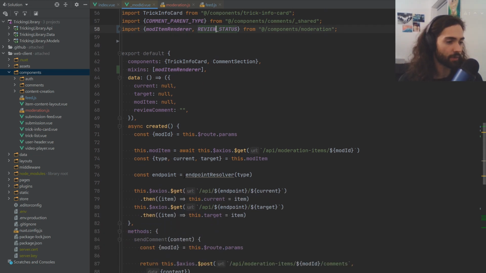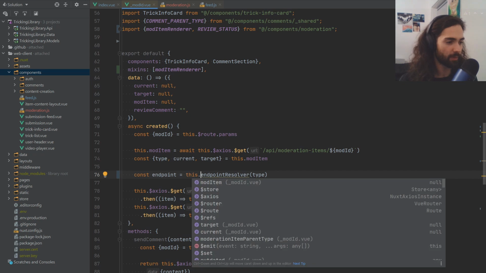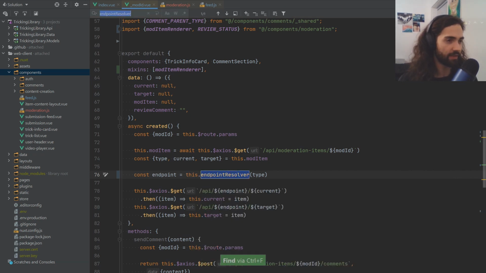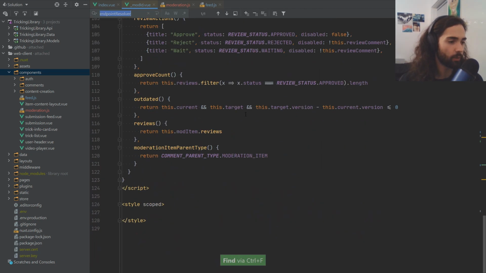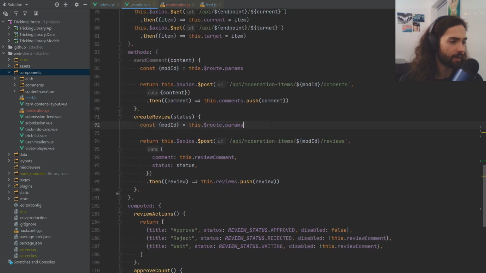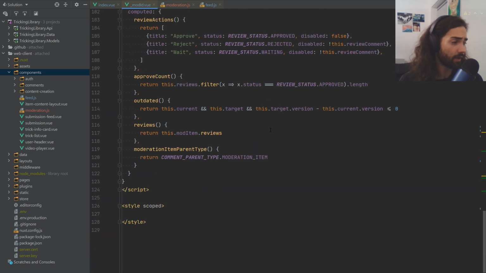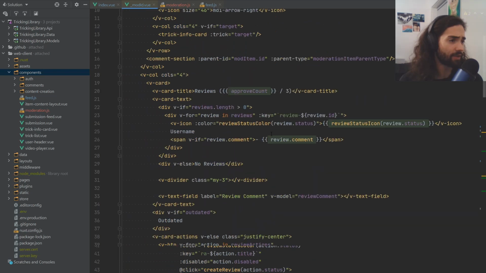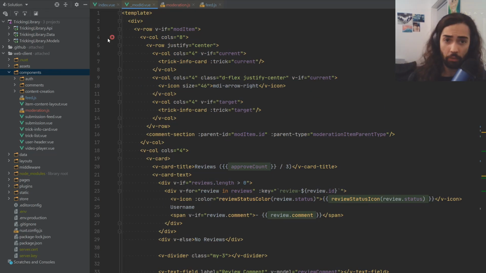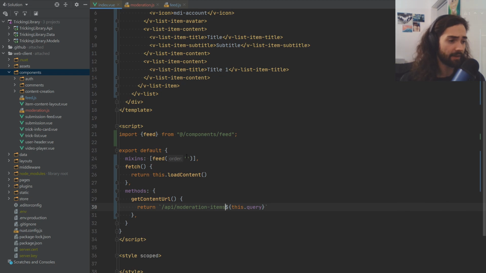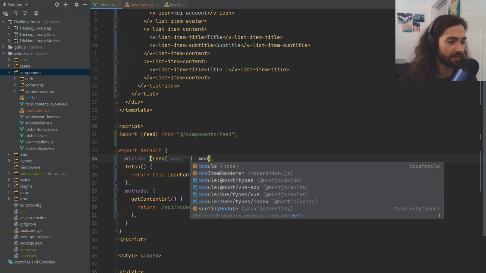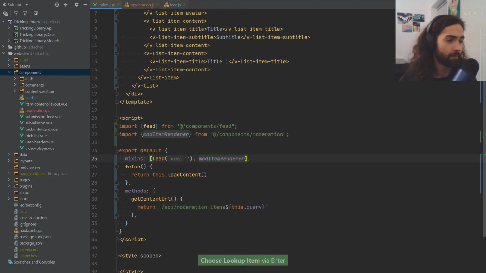Okay, so the endpoint resolver, let's not forget to call it like this. Let's also Control F to make sure that we don't need to call it anywhere else. Quickly have a look through the file, see if there are any more errors on here. If not, cool, let's go ahead and move on. So close this one. Again, come back here and let's go ahead and add another mixin, so mod item renderer. And I think we'll need the enum as well in a second, but let's just proceed with